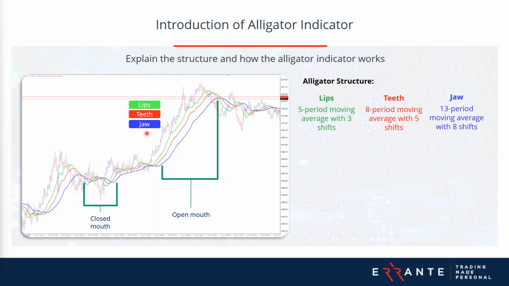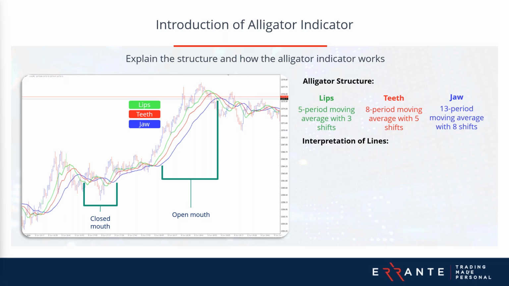It captures longer-term price movements, providing a broader view of the trend. These specific periods are part of the Fibonacci sequence, which is prevalent in nature and often used in technical analysis for its predictive qualities. The forward shifts help forecast future price movements and reduce the lag associated with traditional moving averages. But let's go through the interpretation of each line